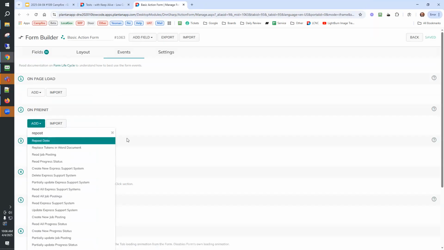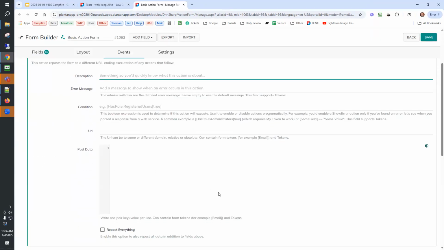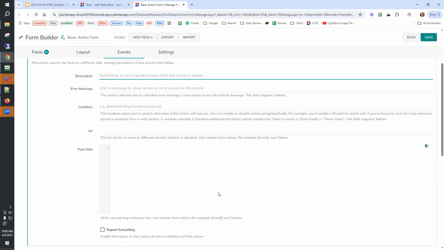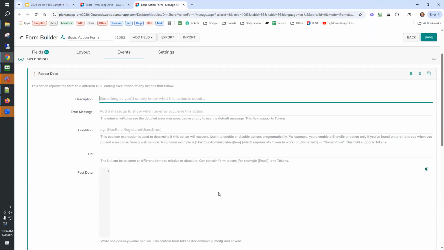I see where you're going with that, and you really don't have to post any data. You could put anything you wanted in the endpoint URL, and just under your settings, make sure you set it to Bootstrap 5. Now, what you've got to be careful of on this, Dale, is not to get a runaway program, because since that's on the pre-init, it's going to execute that code when that page loads, and then it's going to send you off to whatever's in that URL.